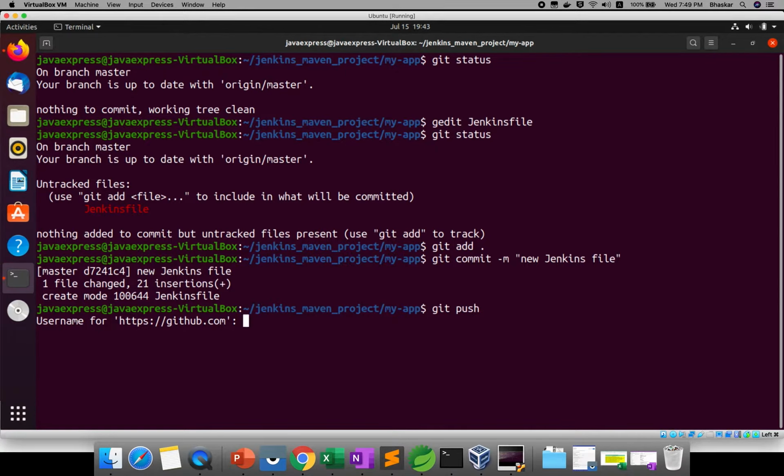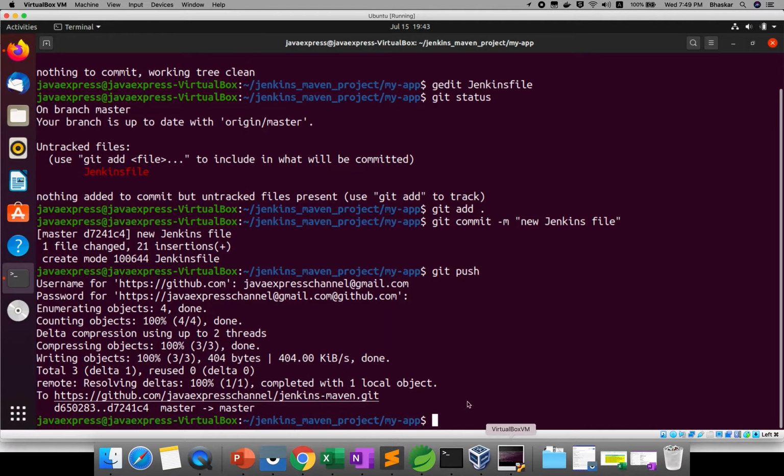You need to send it to your repository, right? So I will send all these files to the repository. It will go to the remote repository. Your file will be available in the repository. If you want to check, just refresh it here. Jenkinsfile is there. Now I pushed my changes. These are all the stages: compiling, testing and deploying.